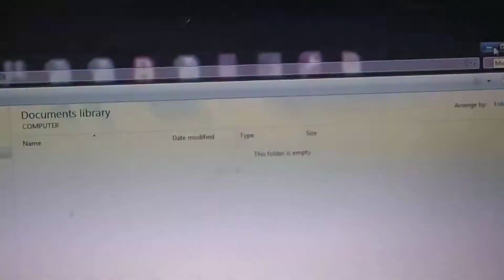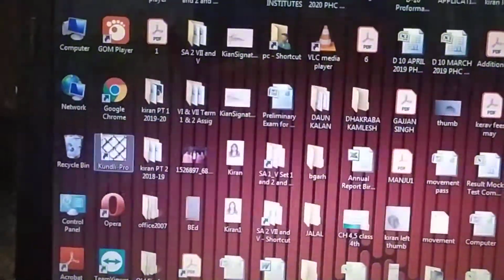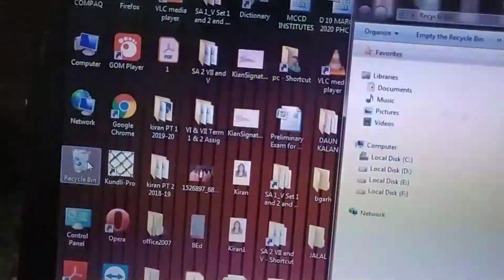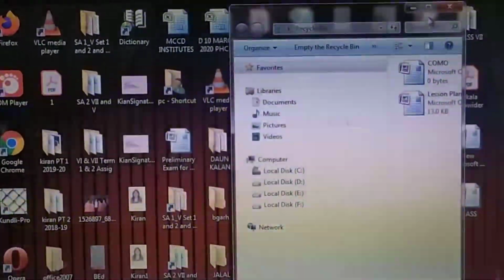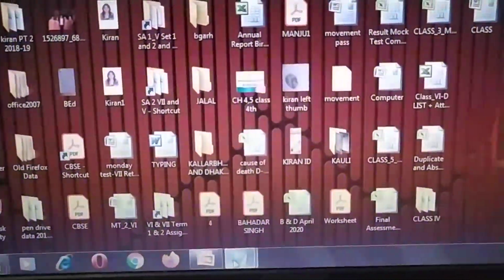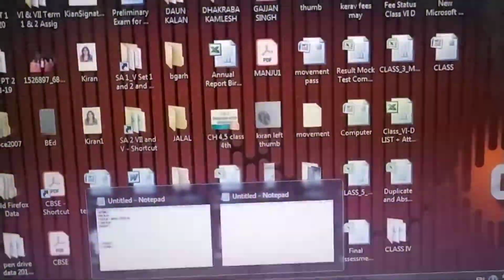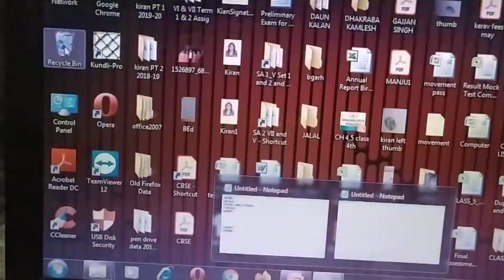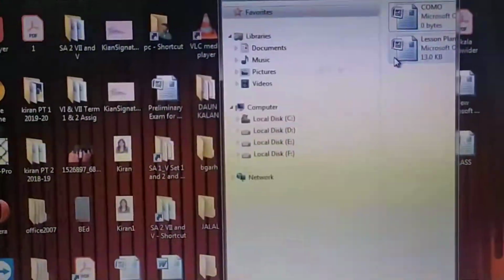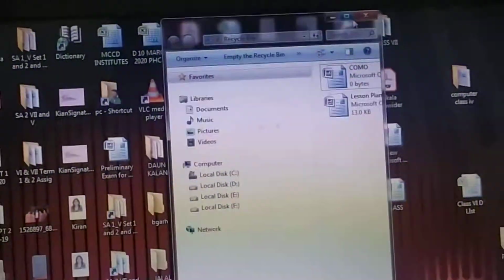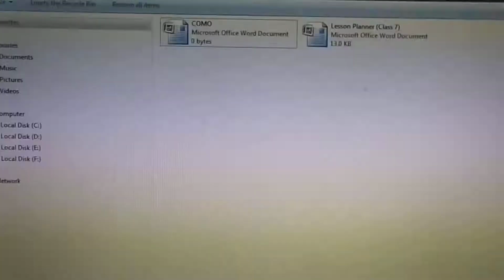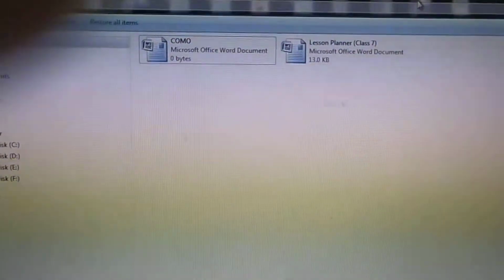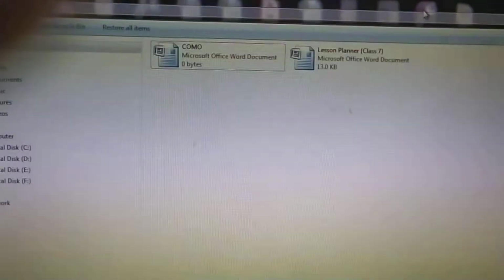Now I'll open recycle bin from the desktop. Click on recycle bin. You can see here your Como file is here, but your CS folder is not here, because CS folder we have deleted by using Shift plus Delete key.